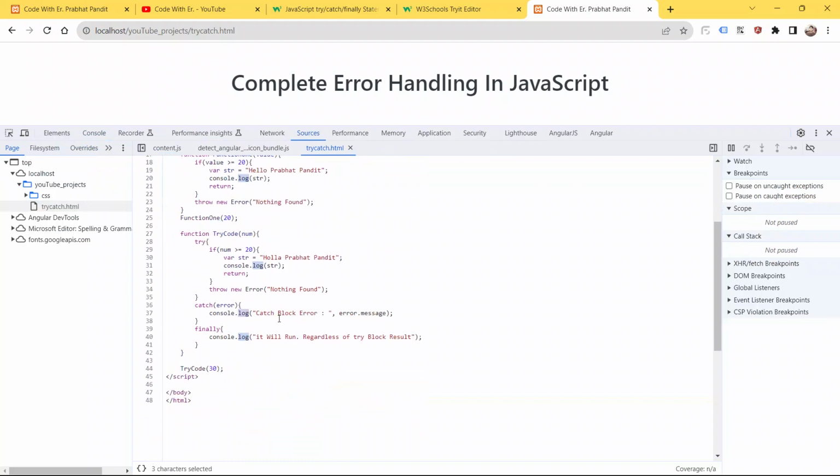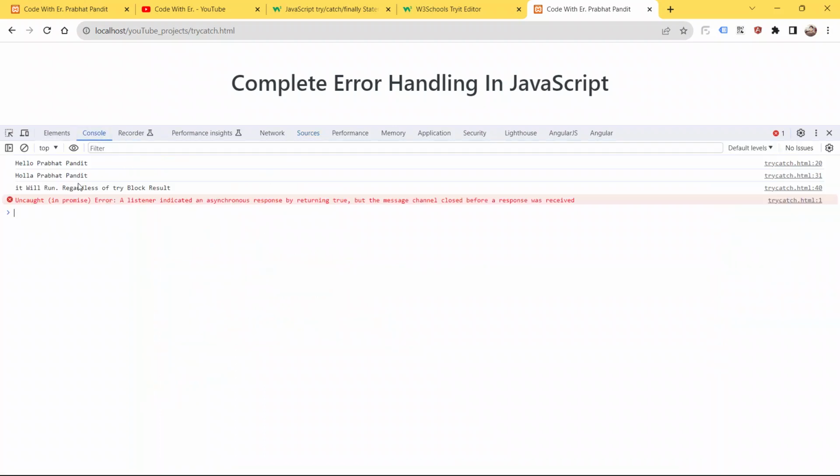This comes from here, Hola Prabhat Pandit, and it will run finally block of code. It says it will run regardless of try block result. And here we are getting this console message, Hola Prabhat Pandit, in the console.